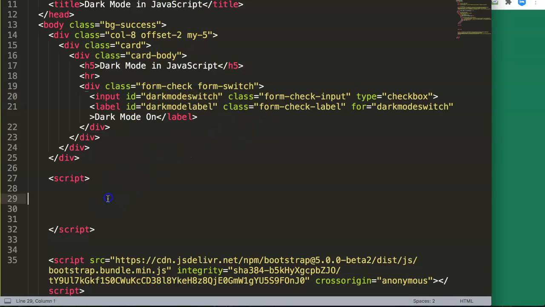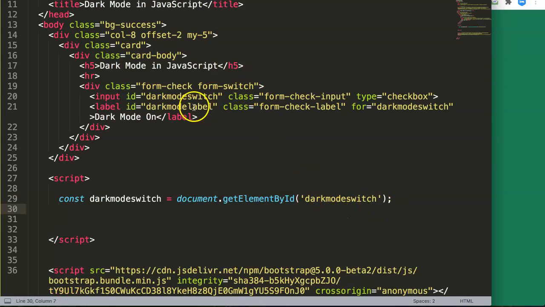All right. So we got this here. Let's start and create our constants. So we have our constant, and our constant here, the first one will be dark mode switch. All right, equals, and then say document.getElementById. And what is our ID? Well, in this case, it is dark mode switch. Oh, just put it in between here. There you are. Another one is the dark mode label. So we say here constant dark mode label equals, almost similar to this, just adjust this one with the dark